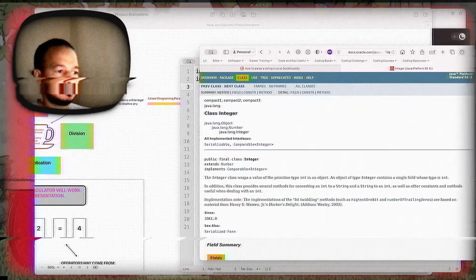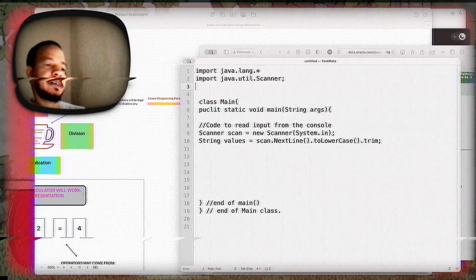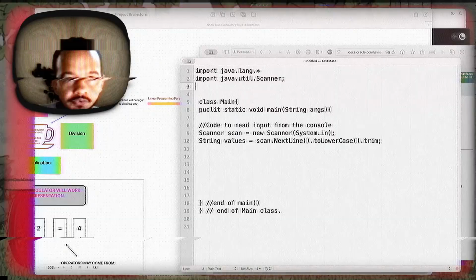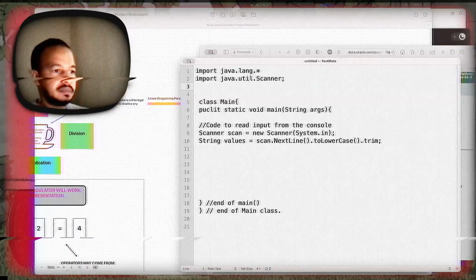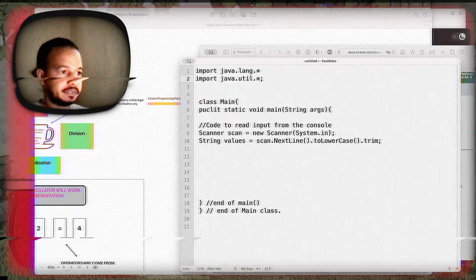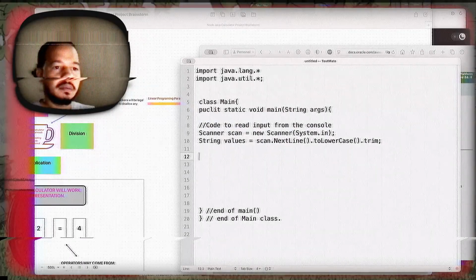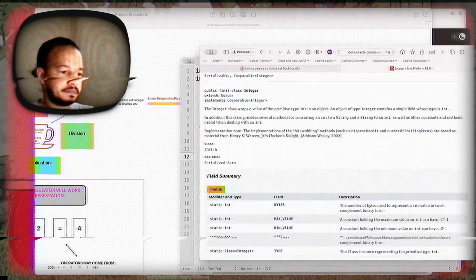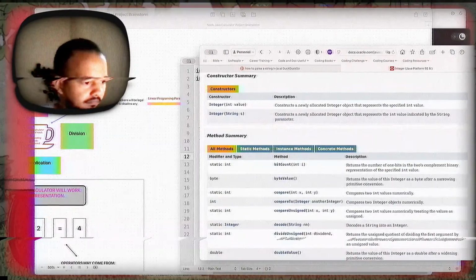So I already have the asterisk wildcard, which means all of it, anything under language. It's already imported. Okay, so we're gonna do it like that. And in fact, I should just do this too. For now, I'll make it easier. Number package. However, I think that there's so, I already have